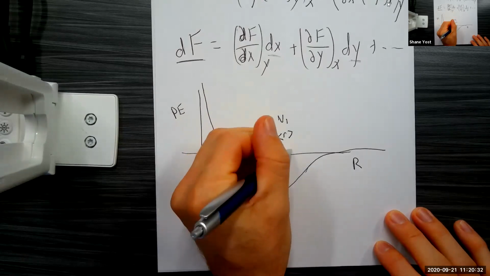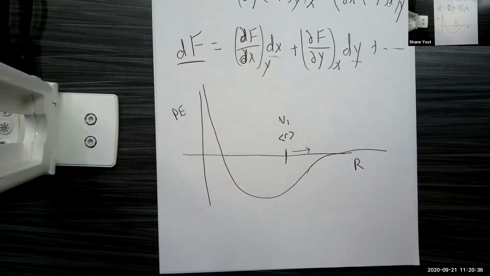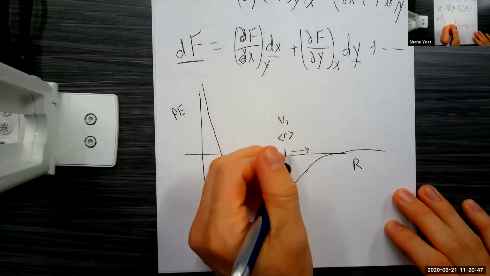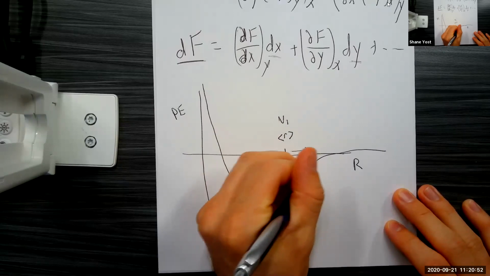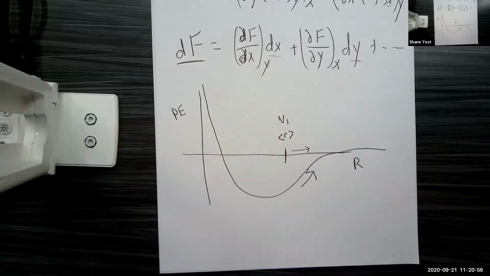Well, if I increase the volume, that is going to increase the average distance between your gas particles, because there's now more space. On average, they spend less time near each other, so their average distance from each other is increased. That increase in average distance causes an increase in my internal energy, my potential energy.